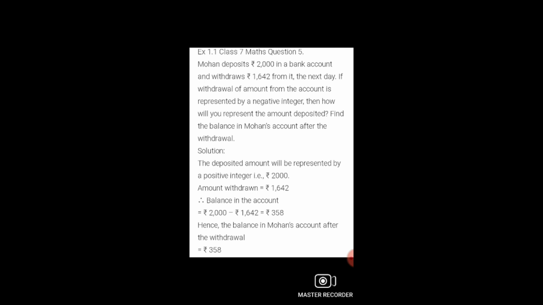So amount withdrawn is rupees 1642. So we have to find out the balance amount. So from the deposited amount, we have to subtract the withdrawal amount. So rupees 2000 minus 1642 is equal to rupees 358. Just we have to find out the difference between these two numbers. Hence the balance in Mohan's account after the withdrawal is rupees